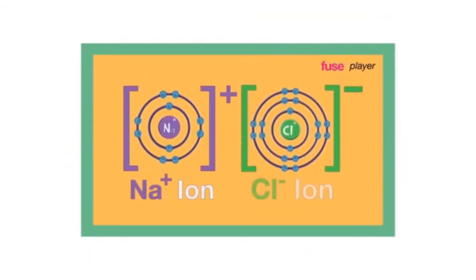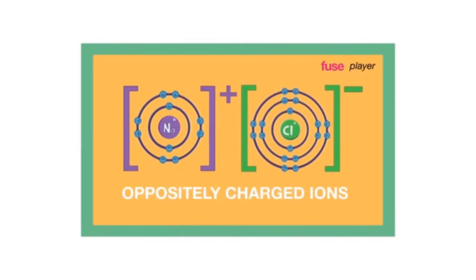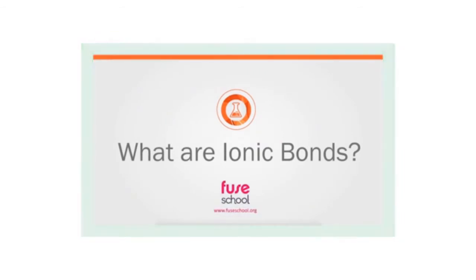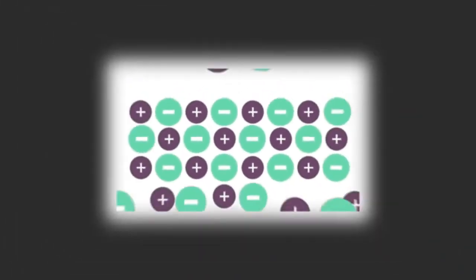Ionic bonds are the electrostatic forces of interaction between oppositely charged ions. This cross-section of sodium cations and chloride anions extend all the way for an